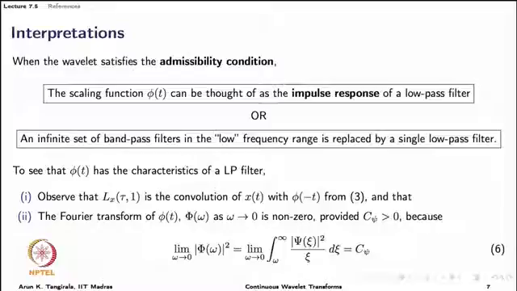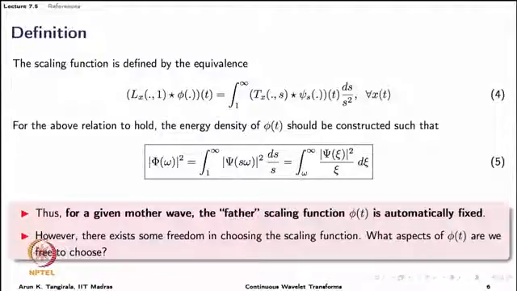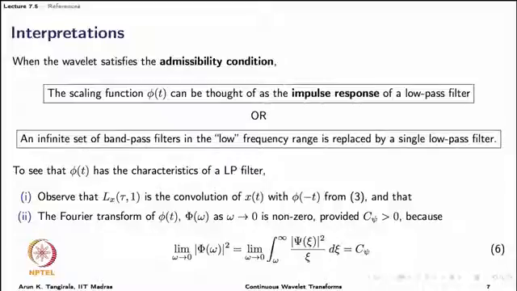Now, we just said that only when the wavelet satisfies this condition is there some similarity between the final integral in expression 5 and the one for the admissibility constant, and that the existence of the admissibility constant is a requirement for the scaling function. That is exactly what we are saying here. When the wavelet satisfies the admissibility condition, the scaling function can be thought of as the impulse response of a